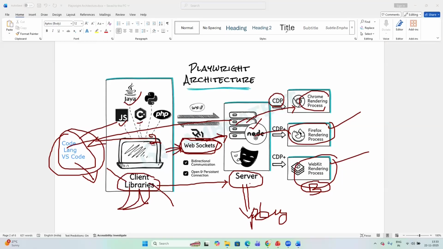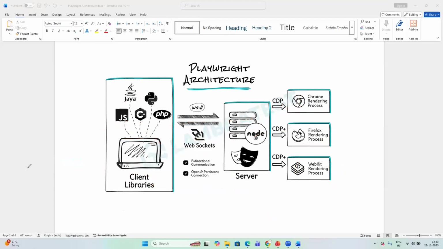And the way you need to represent in our interview. So basically, the client library is a component. In the client library, we have to write our code based on the language: Java, TypeScript, Python, and we can run the test. When running the test, the commands are sent. When we run the test, the WebSocket will take it as one command,